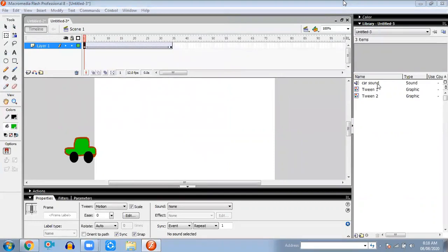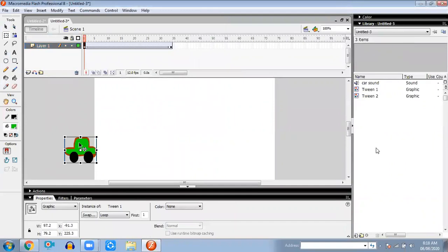Now how can we get this sound into the presentation, the animation? Click on the car. When you click on the car, you will get different options here in the properties. We'll do one thing. We will insert one layer.